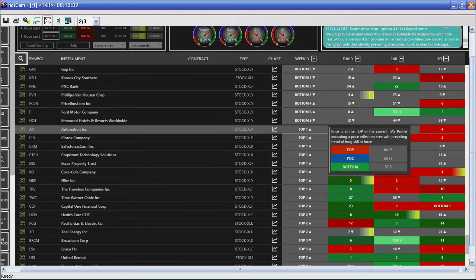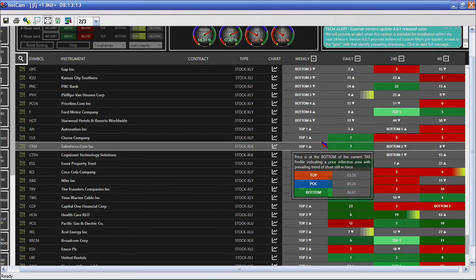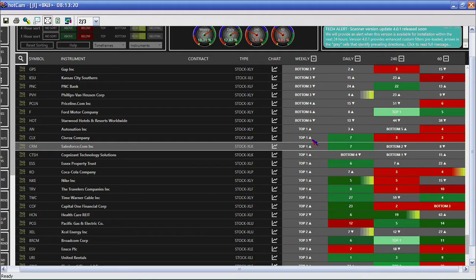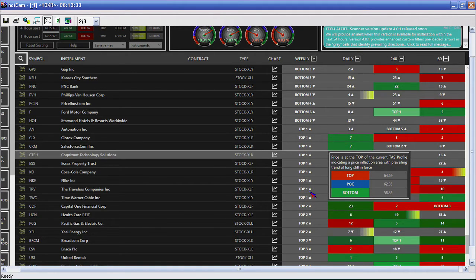And I look at the numbers, I look at the arrows, I look at the colors. And a lot of times I'll go over here and pump that out. But let's just look at the top one, or let's look at Clorox. Everybody knows Clorox. Top one, arrow up. So what that really means is it's a possible candidate in the making for a key reversal breakout. And all of these top one with the arrow up are indications of that.